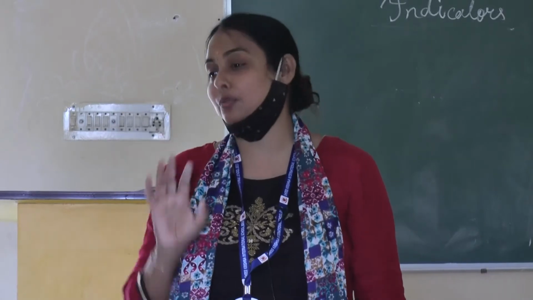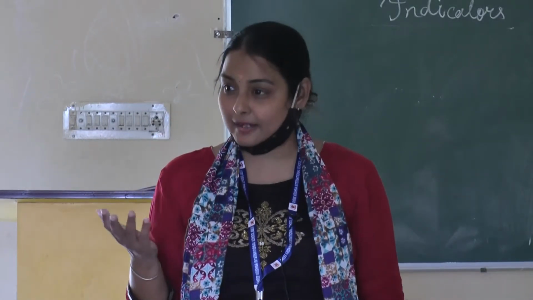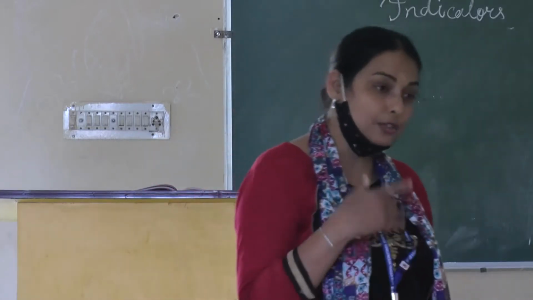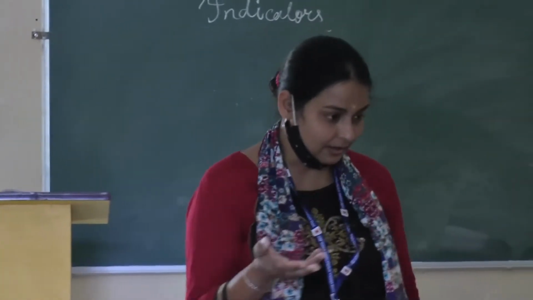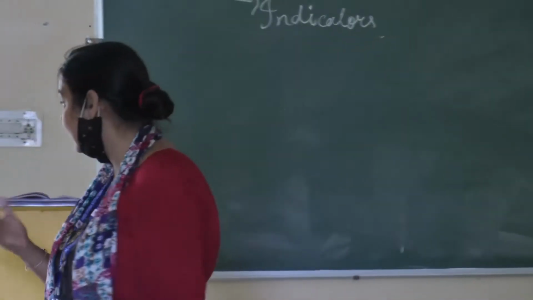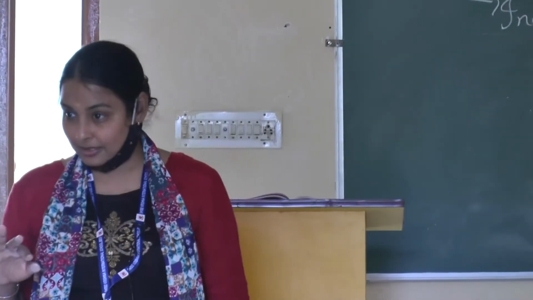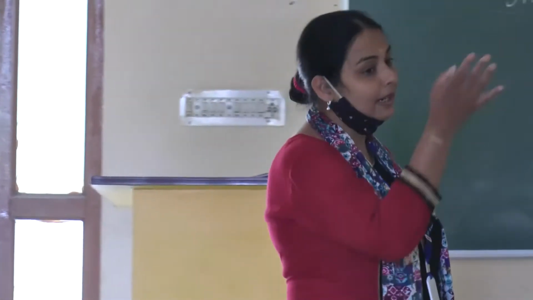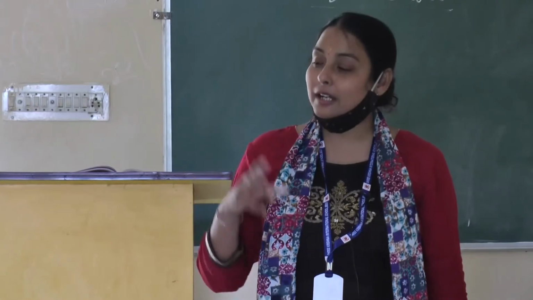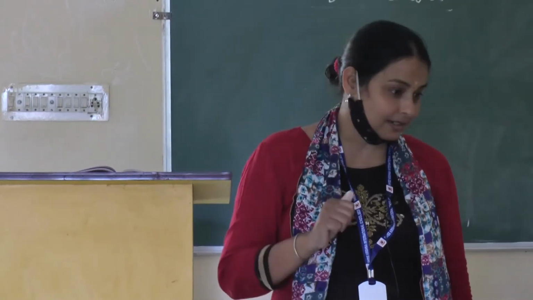For that we can use China rose. So many natural resources are there. I am just giving an example, Nitika. So many examples are there which can identify them. Through natural resources we can make indicators. It is not that you will get indicators in the lab only. Chemically you can go through chemical indicators, and you can prepare them by yourself also.